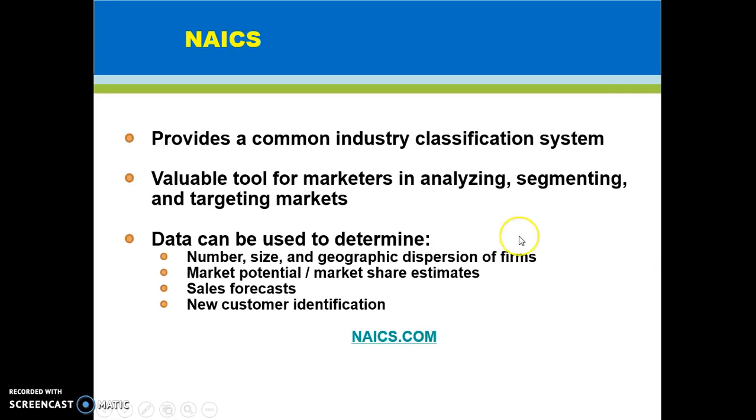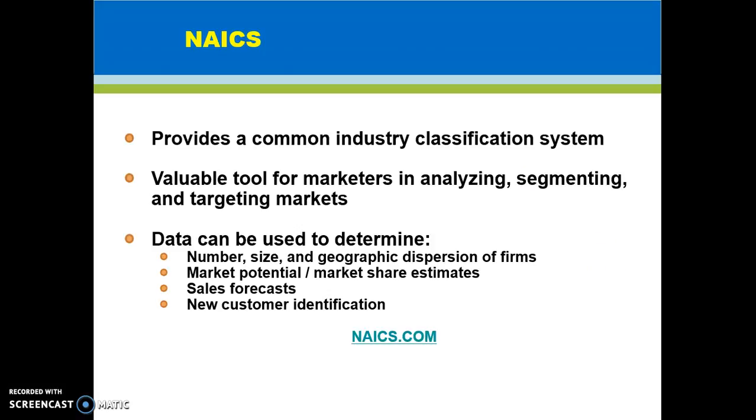And lastly, it's a short lecture. And lastly, we need to understand what NAICS is and how it works. So I hope you understood it from the text itself. NAICS is a classification system, and most of the information in the country on various businesses is organized in the NAICS structure, North American Industrial Classification System. And you can go to NAICS.com and find out about their classification. But essentially,